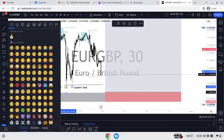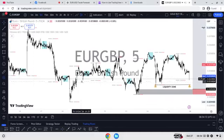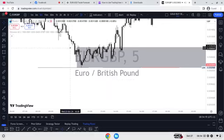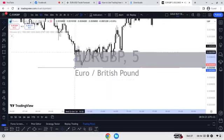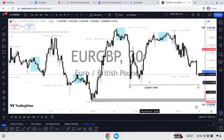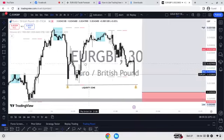Let's see if we can come up with even a smaller stop loss. Let's zoom out, let's zoom in here. Let's see what is happening here. Do we have an order block? Yeah, so you see, by simply going all the way down, you can now realize that you have an order block right there. Simple, just multiple time frame analysis, guys. Just multiple time frame analysis. So you can see that even our